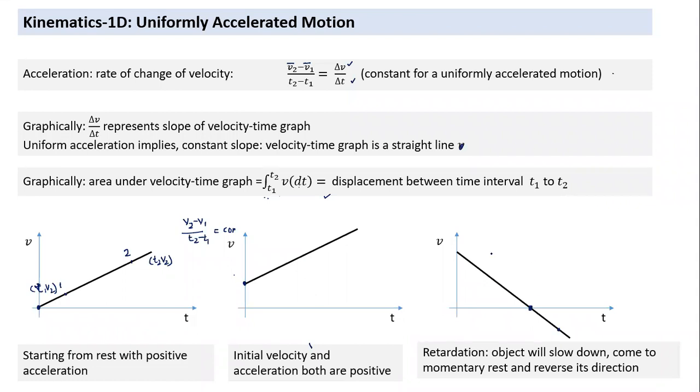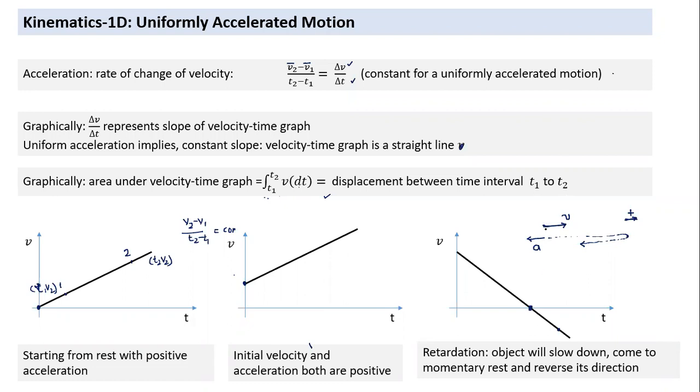What is negative means? Initially, the object will slow down because the velocity is continuously decreasing. If I have to represent it in terms of an arrow, if velocity is in this direction, acceleration is in the opposite direction, and we have taken this direction as positive. So velocity is positive, acceleration is negative. What kind of motion will this object have? It will keep slowing down. After some time, velocity will become zero. That's called momentary rest. And then it reverses direction, it starts moving backwards.